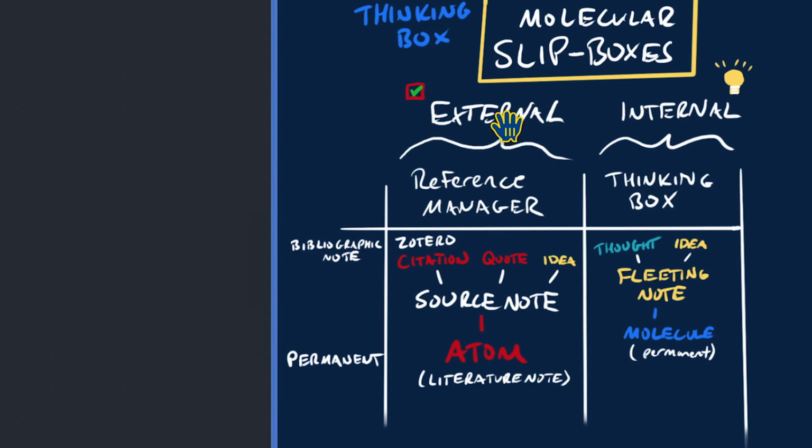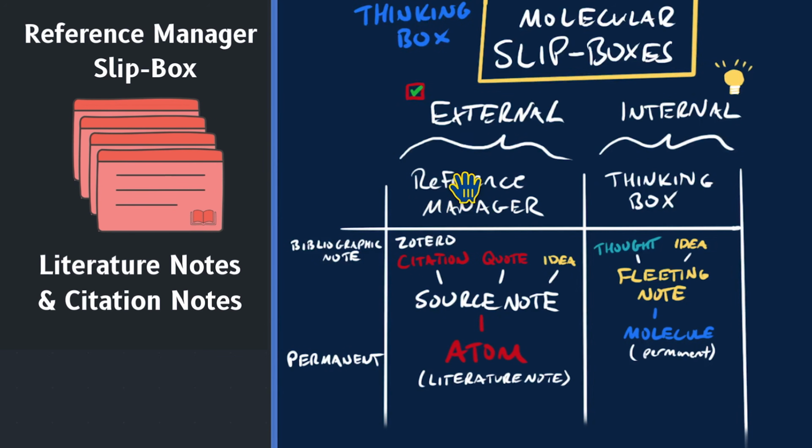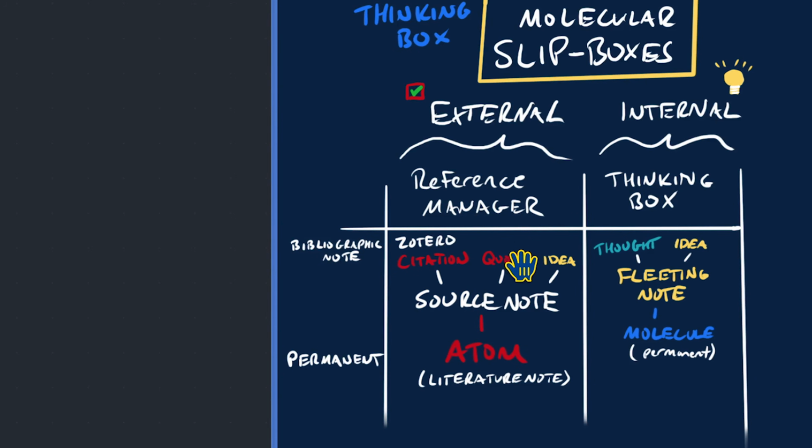Now that you've seen the frameworks, let's go back to the molecular Zettelkasten system in a simplified format. So you can see here, I've separated this into an external box and an internal box. The external box is the reference manager, and this is where we take sources. These sources are experiences that we've had, like reading a book, watching a movie, or listening to a podcast, and we can reference specific quotes from that source with a particular citation. I use a specific citation manager called Zotero, but I'll get into that in another video.